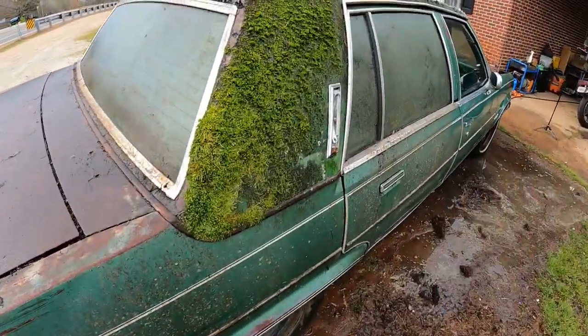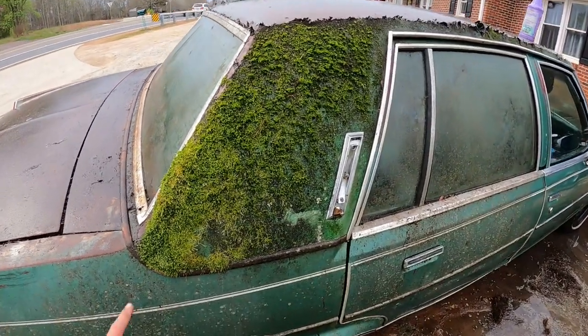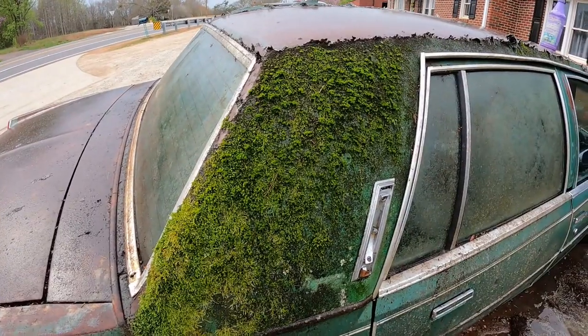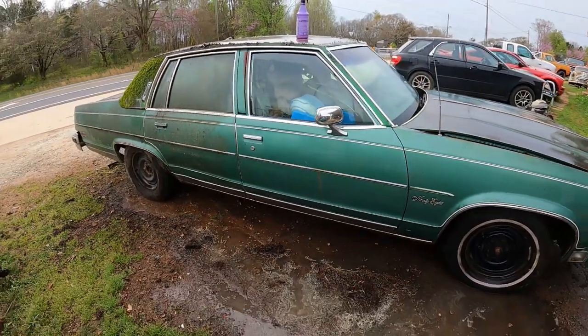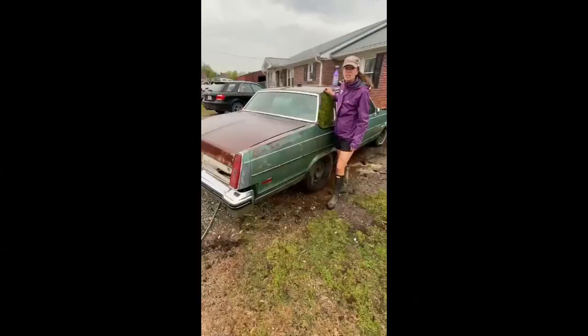And of course, I saved the best for last, the moss. It's kind of bad, but part of me wants to keep that because it's quirky, but the other part of me is like, that's a terrible idea. But anyways, we've got a good start on it. I ran out of gas for the pressure washer, so I gotta go get some gas for that, and I'll get back on it. Here's the moment we've all been waiting for. The moss removal. Well, at least, I've been waiting for it. I don't know about you guys, but...